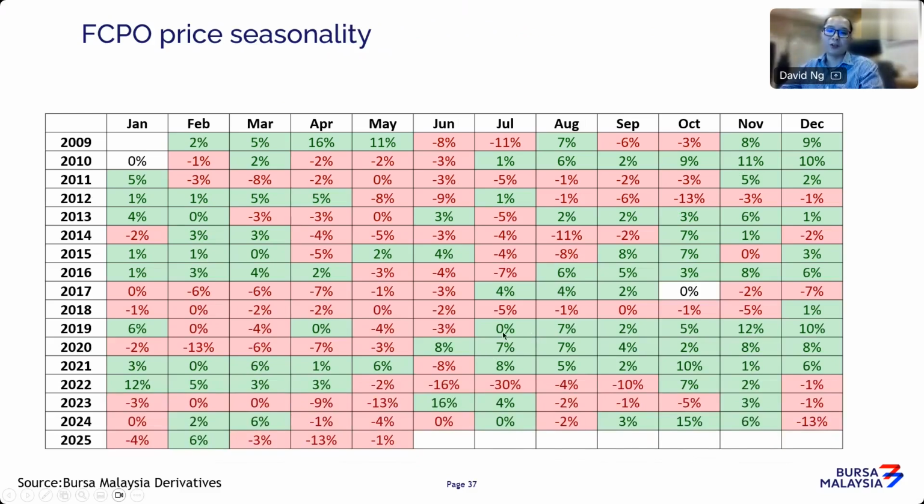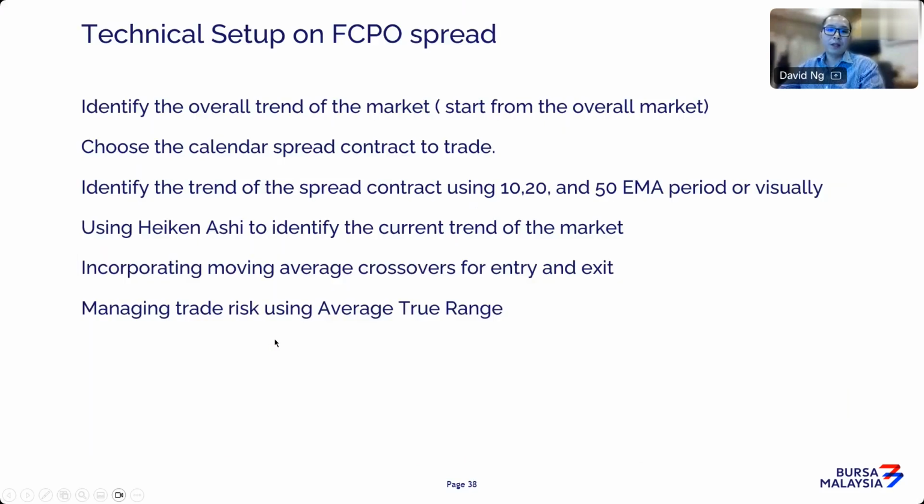Now, this can change. This is not a tool that is 100% certain, because seasonal tendencies don't always happen in certain instances. There's always a period where it doesn't follow, so keep that in mind. But based on historical perspective, we are in a period where prices are a bit soft, because if you look at where production is, we are in a rising production period. When you have a rising production period, normally you should expect prices to be weaker instead of stronger. So that's pretty much the fundamentals on how to relate to spread trading.